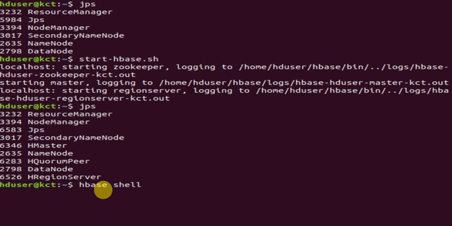This will bring you into the HBase shell. Further, you can create tables in the HBase environment. Based on your physical memory, this process gets initiated as quickly as possible.